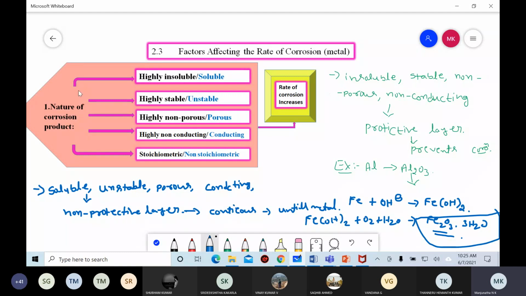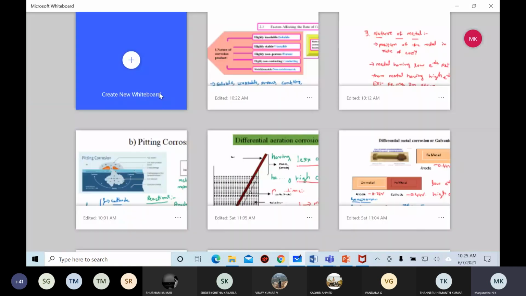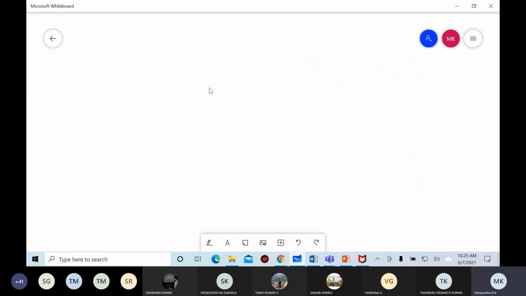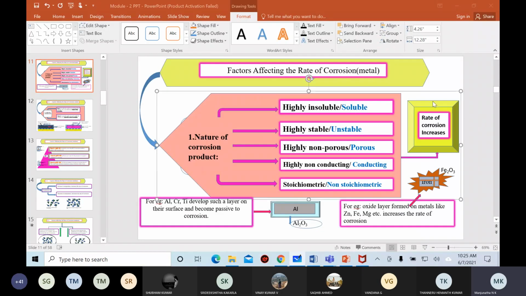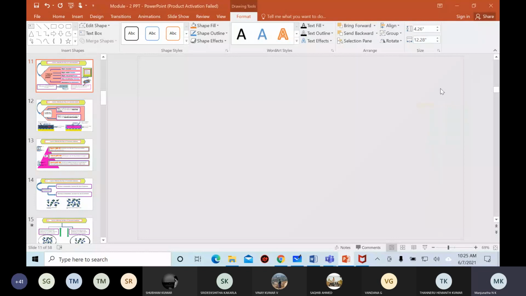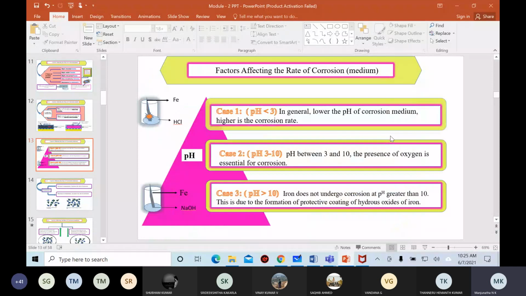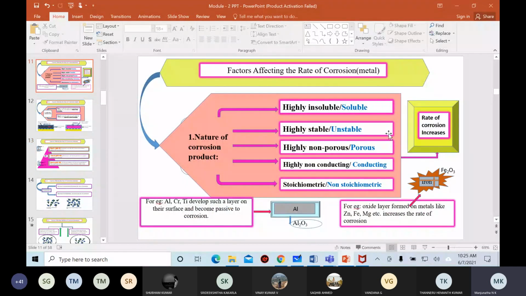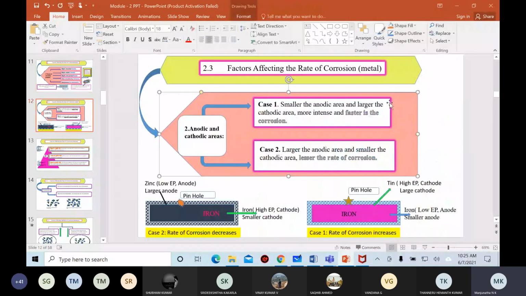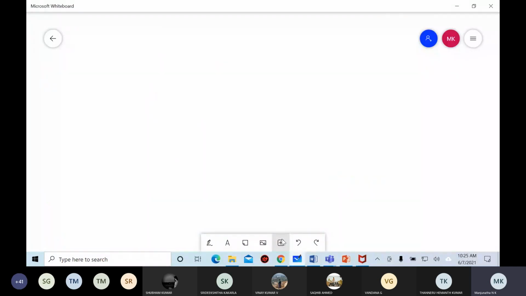Yes, sir. Any doubt in this nature of corrosion product, you can ask now. This is the second primary factor which affects the rate of corrosion, that is the nature of corrosion product. Any doubt? No, sir. So